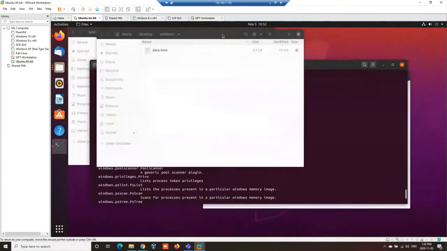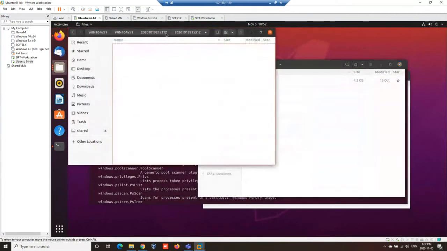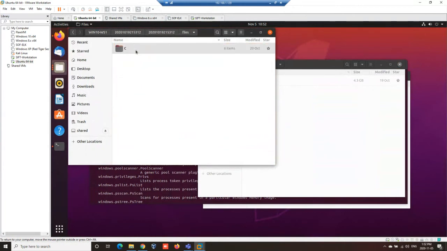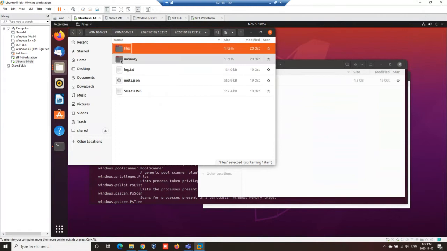Once you have the collection, all the files were collected for you, and the memory was sitting in a different folder. So you see it as a data line. That was a memory of